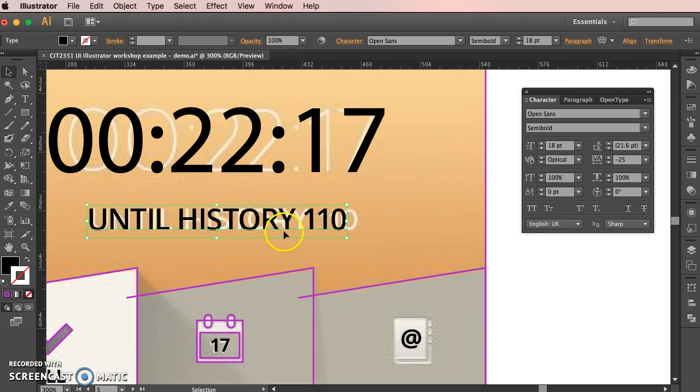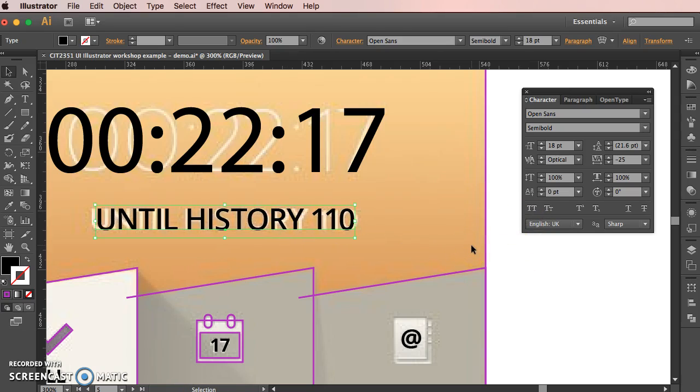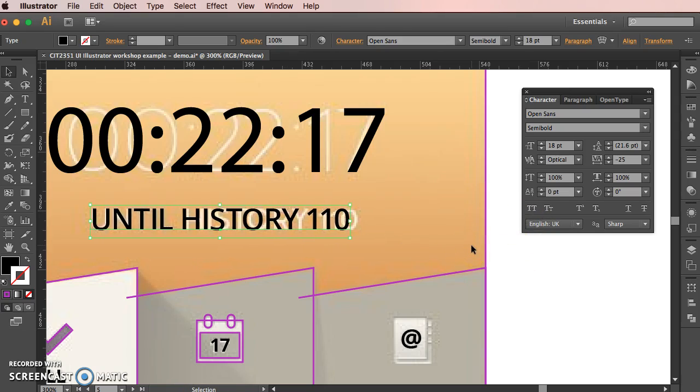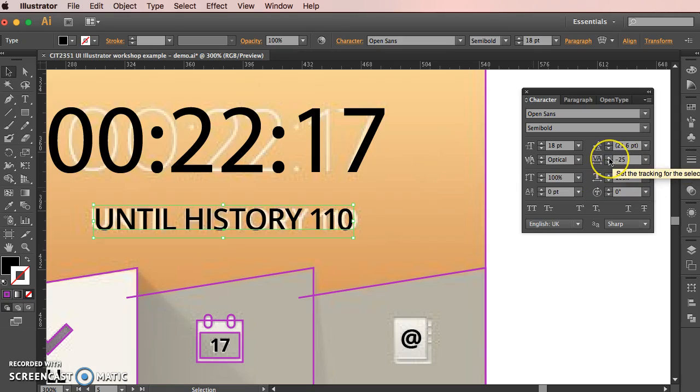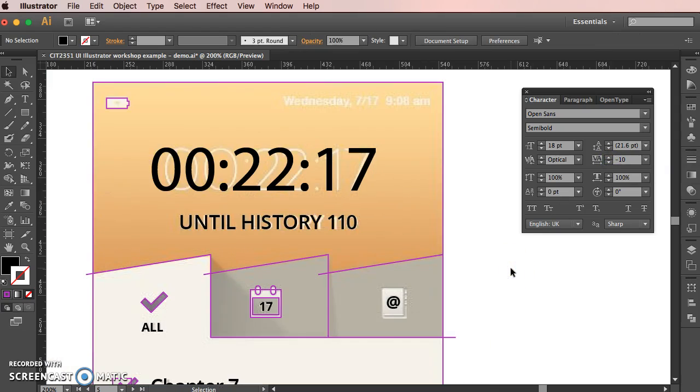What I will do in a minute is align all these things. I'll just do it for now by eye, but often the problem with copying somebody else's Photoshop work is very often they just won't be very disciplined about it, and you'll find that they just slap things on the page and guess it's in the center. As I've said before, I like to be bang on so that I know exactly what it's going to come out like. These will be aligned by code. And then this one,